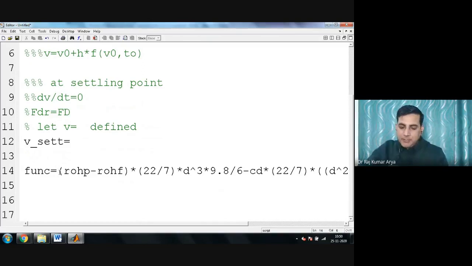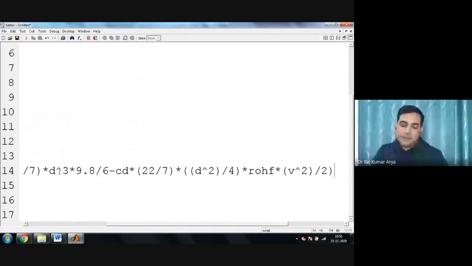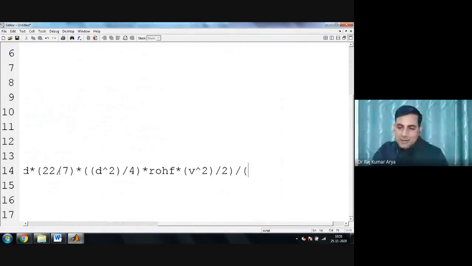Now this entire thing I will put inside this bracket. Now I want to write the left hand side part, your rho as pi by 6 d cube thing. So I'm just putting the denominator part here, the rho of particle, and now you are multiplying it by pi.